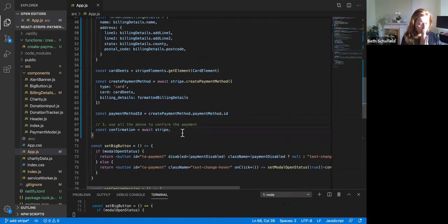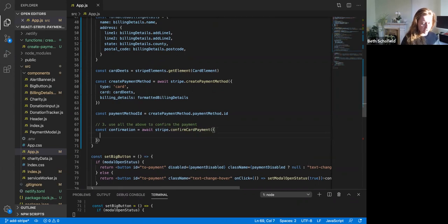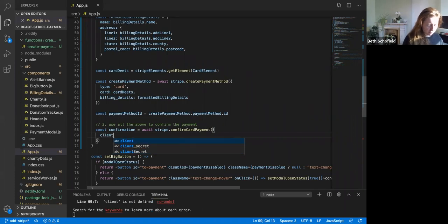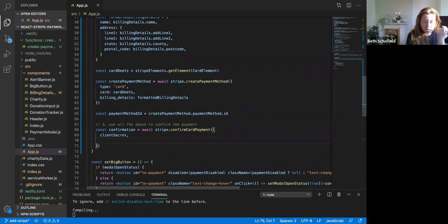And I believe it's confirm card payment. And it takes in 2 arguments. Takes in that secret, so we've got client secret. And it also takes an object for this actually, which is going to be our